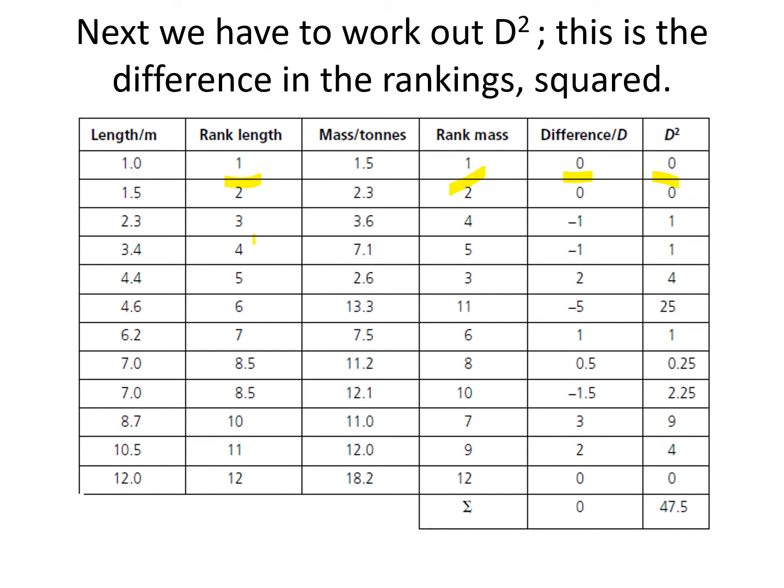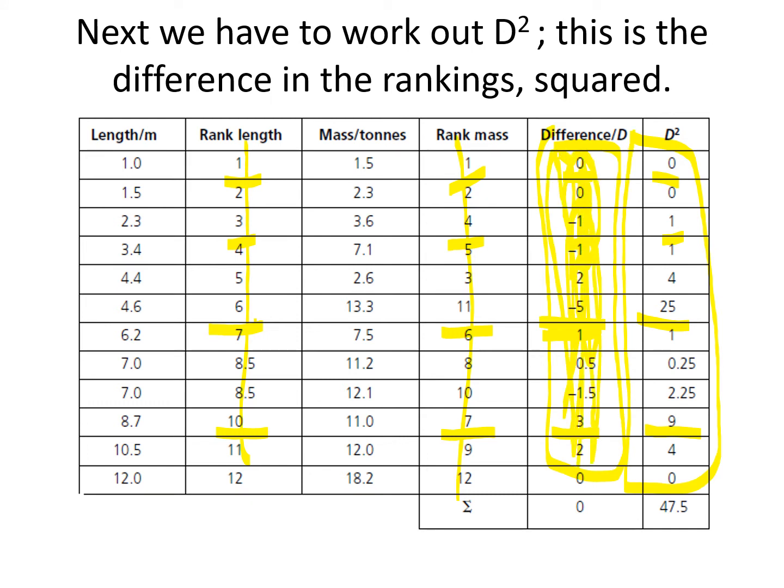Now if you get minus numbers, like here, 3 minus 4 is minus 1, don't worry about the minuses, because the second you square it, you get rid of the minuses anyway. So if we have a look at this one, you've got a ranking of 6, a ranking of 11. When you work out the difference, you've got minus 5, and so when you square that, you've got 25, for example. Here you've got a rank of 10, a rank of 7, your difference is 3, 3 squared is 9. Okay, so you work out the difference between all of these ranks, you square these numbers,